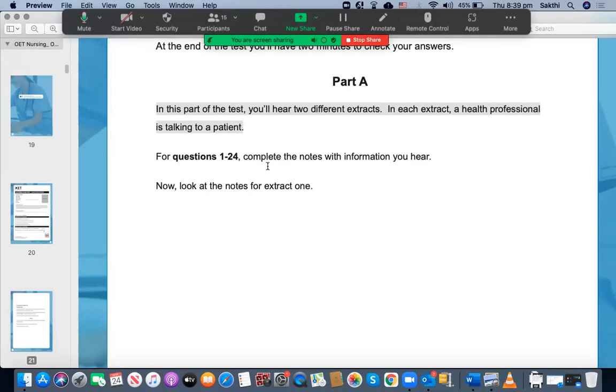Remember that part A of the listening test is the same as that of the OET speaking role play conversation. It is exactly the same. As a result, for people who are struggling in speaking, if you don't know